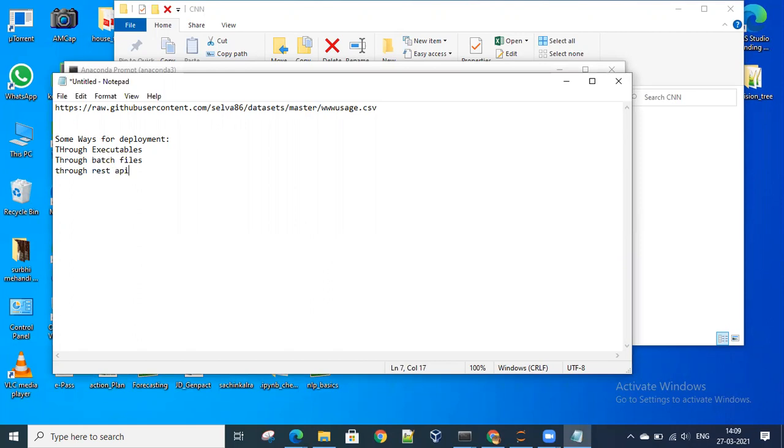So, I'll tell you about the whole thing. I'll do one executable that is very simple, but I'll tell you the entire way. I won't be able to deploy it at this point of time, but I'll tell you the entire cycle of how to deploy it, and I'll do it practical as well. So first, I'll go with the executables.